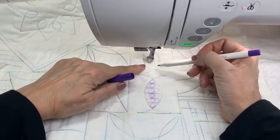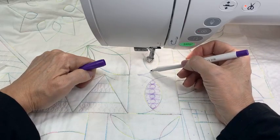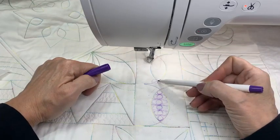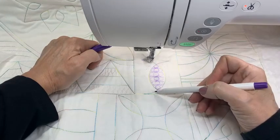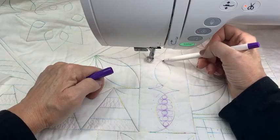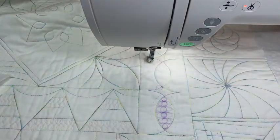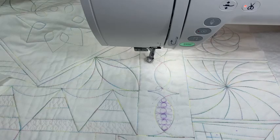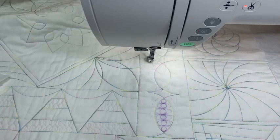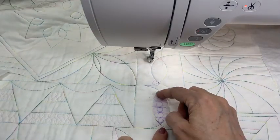Then if I'm here, how do I get over to the next one? I'm actually just going to sneak up like that. And then once the foot is touching, I'm going to put this as a foot marker, right? The foot will touch this line right here, just like it will over here when we start. And I'll put the echo in again, and I'll do the fill. And then I'll travel. And that's going to get me going forwards. So this is a path that is going to allow us to complete the whole design continuously. It's going to give me the frame that I want, and it's going to give me the fill that I want. This is kind of busy for you to see, so I'll go ahead and do it,